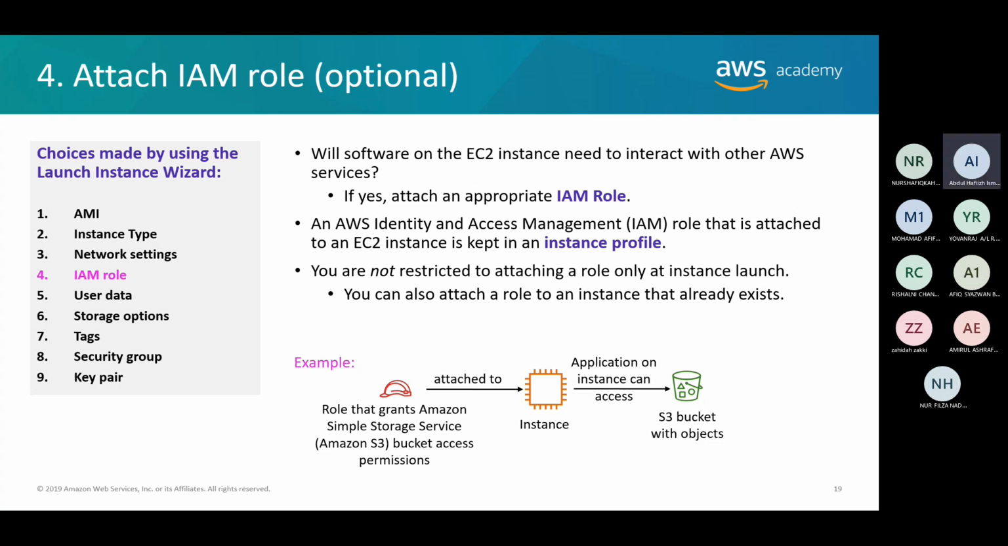So let's start. Before, last week we got to slide number 19. Basically it explained how, when we choose EC2, it has a wizard. So there are things that we need to do. We went from AMI, then instance type, network setting and IAM role. So for this slide,